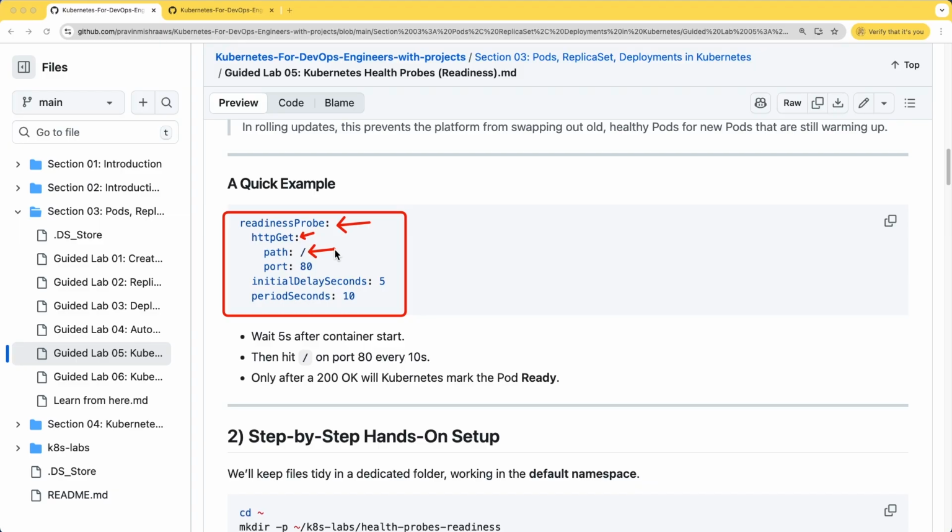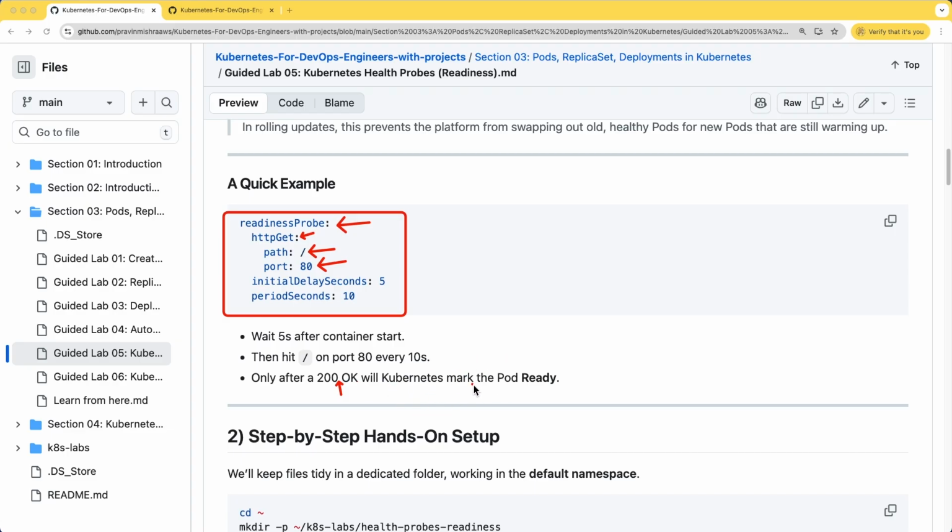It could be anything. But in our previous demo we are using NGINX, and we know slash means the nginx index.html, any index file, is going to be hit on port number 80, and if it sees a success 200, it means this is ready,